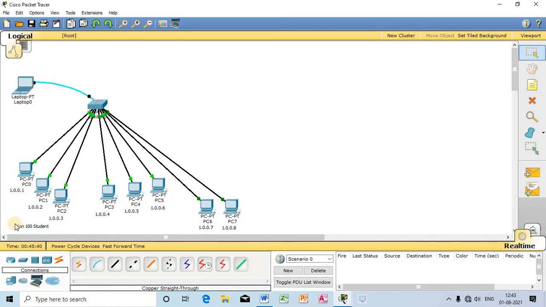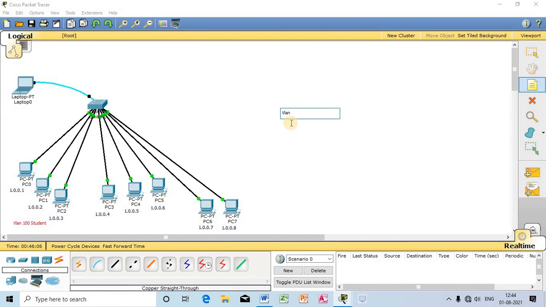So these three computers are connected to the ports of the switch which are assigned to the VLAN student.